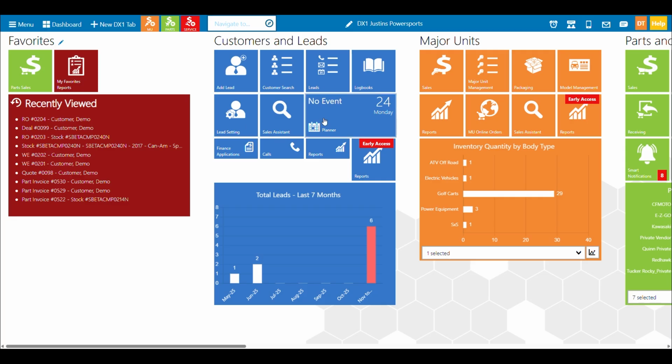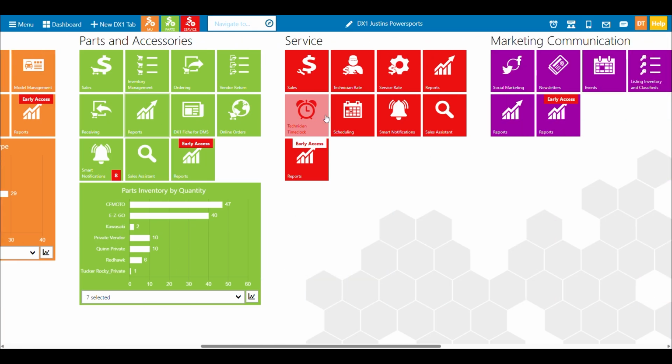All right, in this chapter, we're going to talk about standard jobs. A standard job is a great way to save yourself time in the service department when creating invoices for customers where you're doing repetitive types of jobs like oil changes, tire changes, things like that. So let's take a look at how to access them, configure them, and use them.